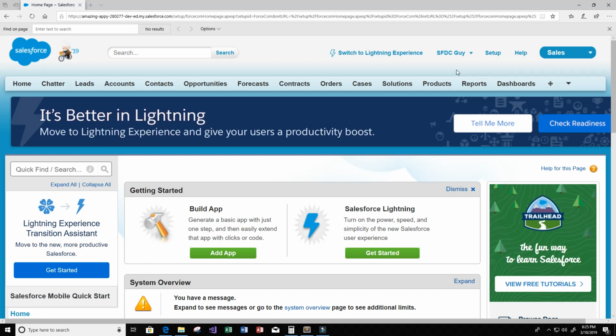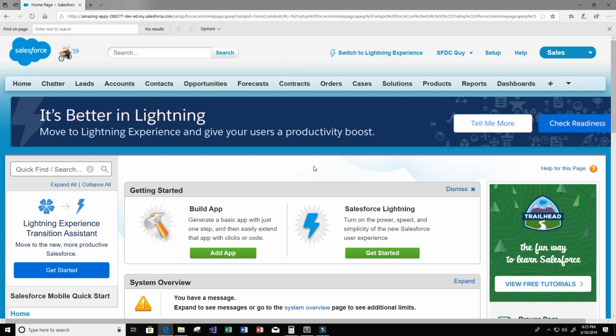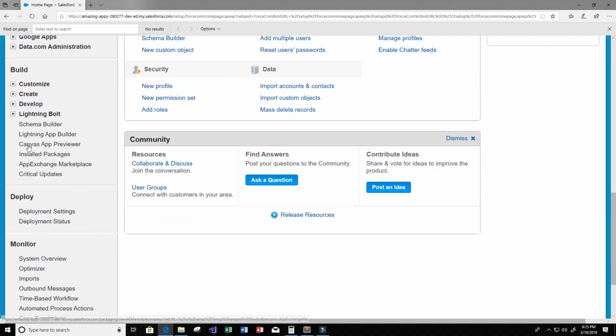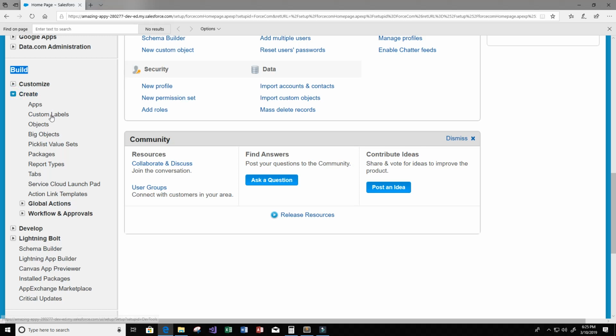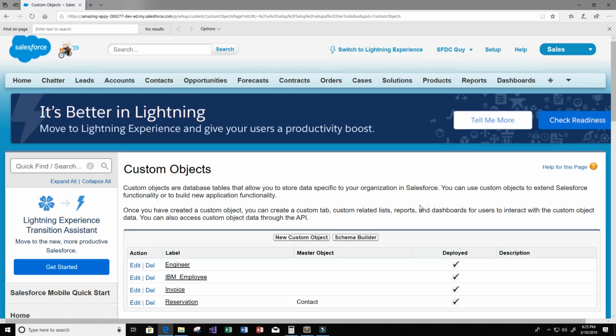First thing we need to do is go to our setup page by clicking Setup right here. As you can see, it just refreshes my page because I'm already on the setup page. We're going to go down to Build and then Create, and we're going to go to the Objects link here, because we want to create a trigger on an object,